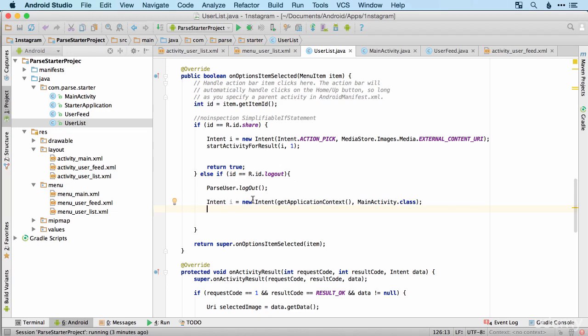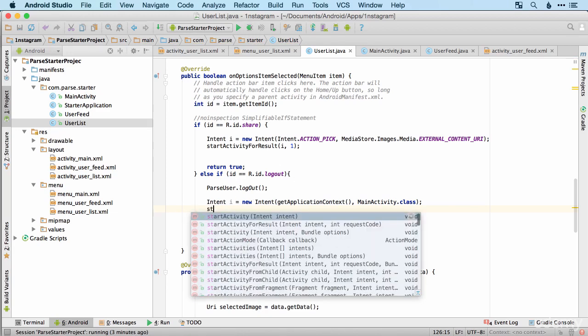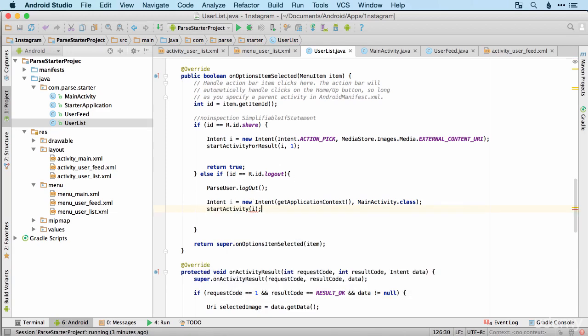And then we don't need to pass any information to that, so we just use startActivity(i). Simple as that. So that will then, when the user taps the logout button, log them out of Parse and jump them straight over to the main activity page